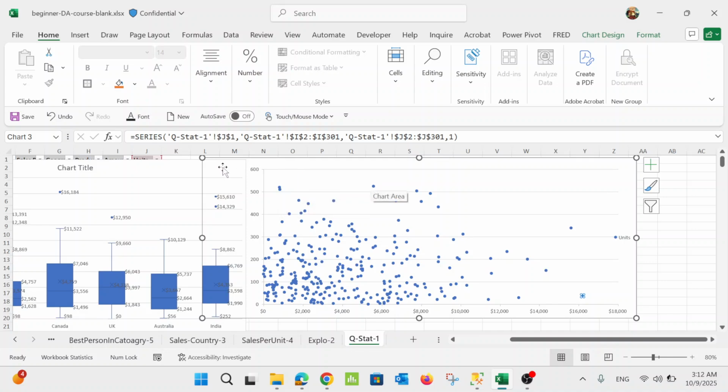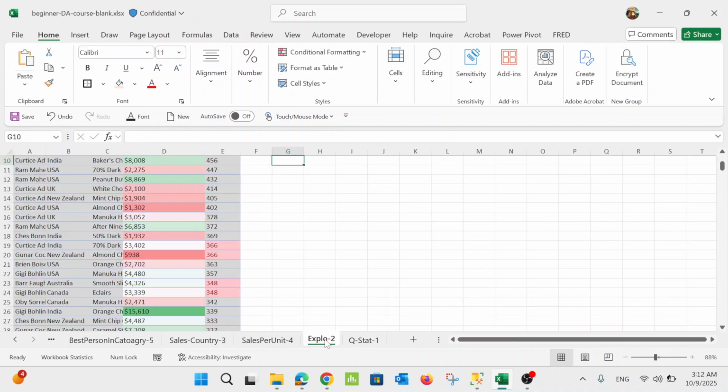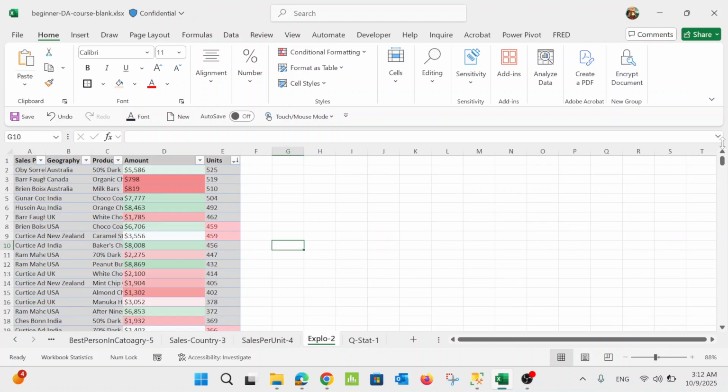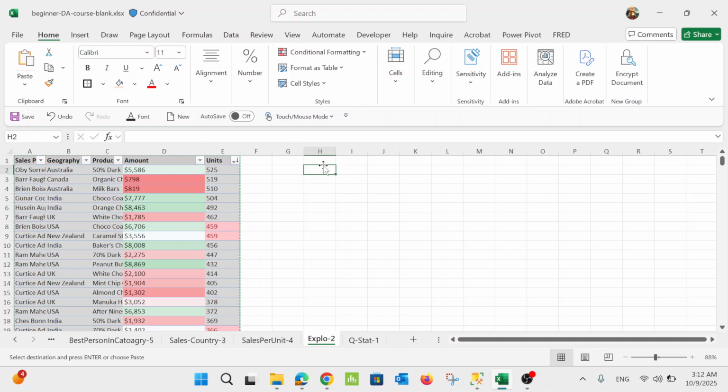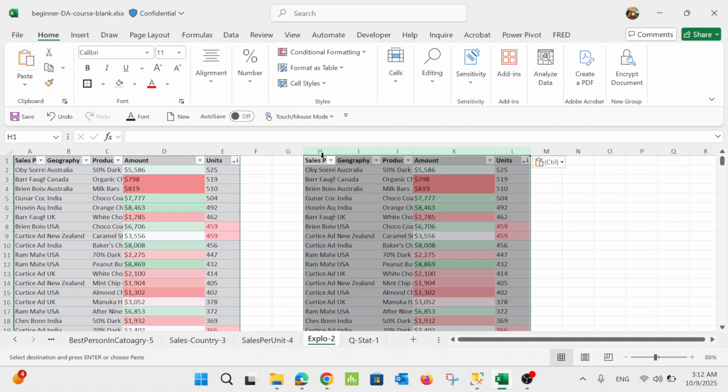We see it in the statistics. And we also go through some exploratory data analysis. We see this table. We just copy it easily. We copy the table, for example here in the same worksheet, and let us clear the format.